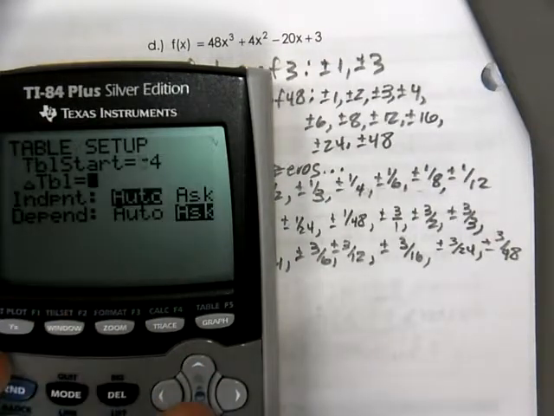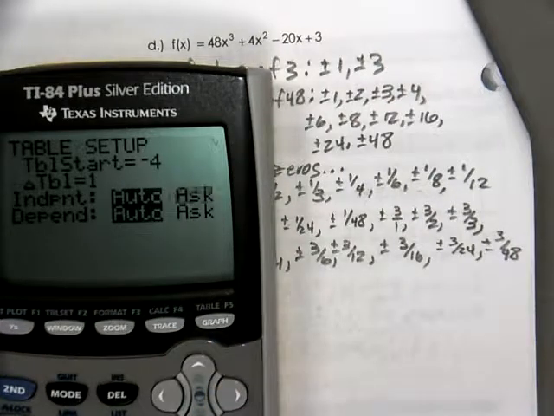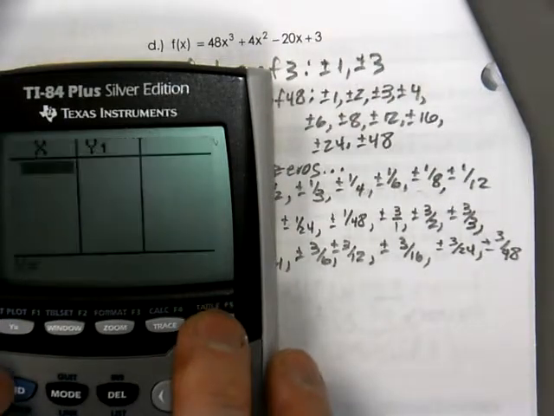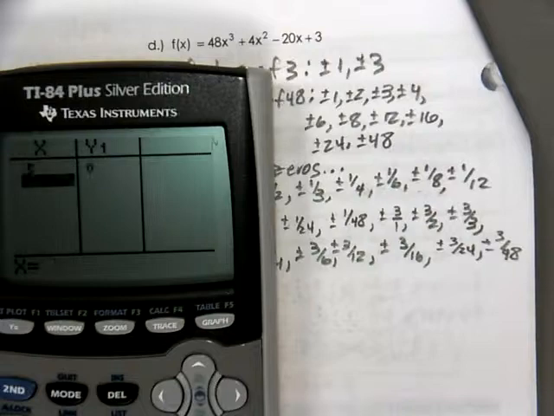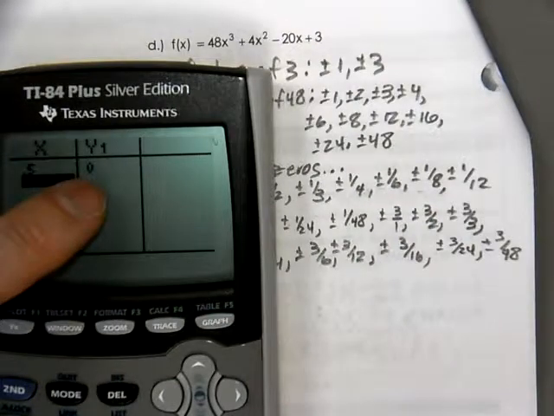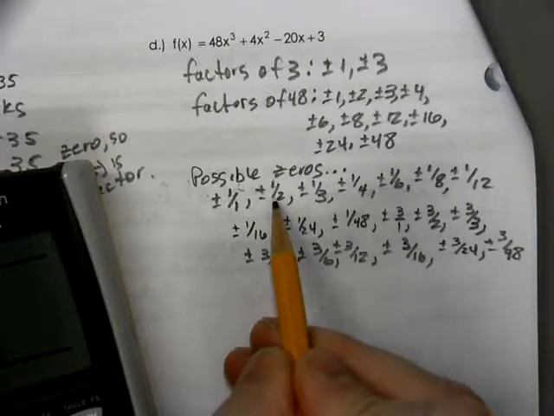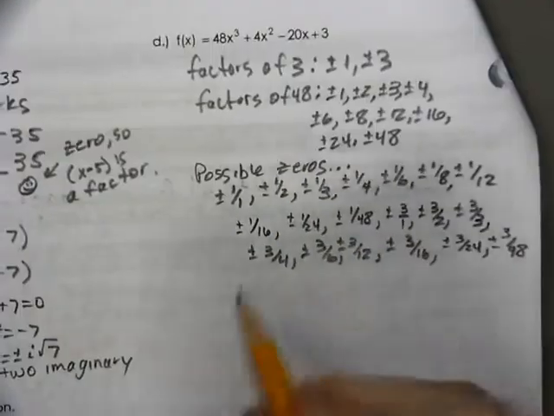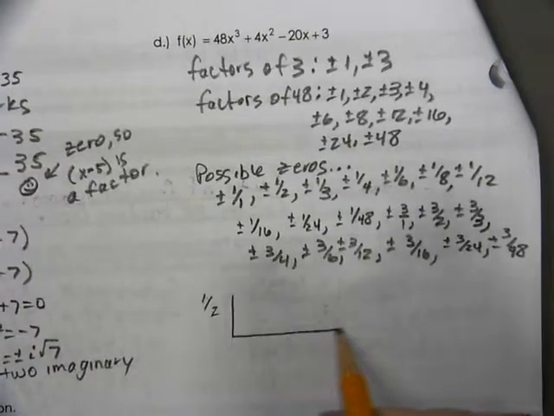Let me try that again. We want this top one, the independent. So I could try to plug in a number and see if it works. Does 0.5 work? Oh yes, 0.5 gave me 0. 0.5 was one of my options I could try. So that's telling me that if I try a half,